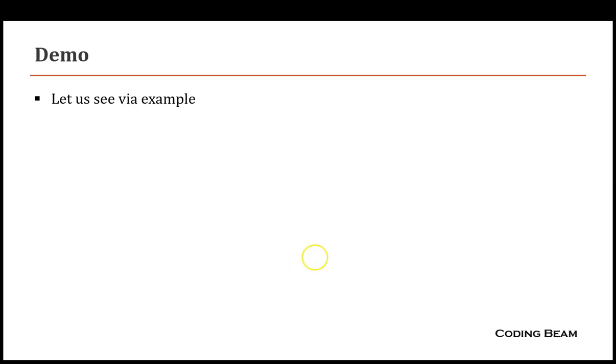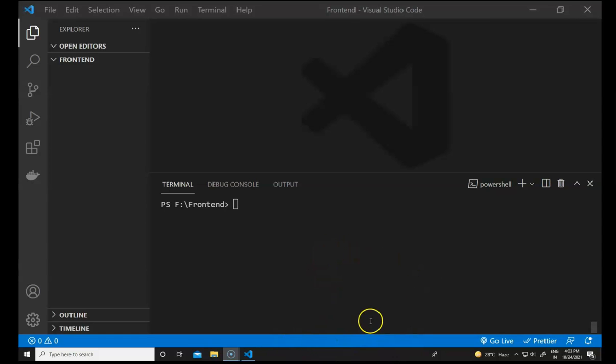Now let's see how we can build the front end of our application, first by installing the React app. We are now in Visual Studio Code, and we will create a new React app with the command line. The command is npx create-react-app, followed by the app name. The name of our application will be frontend-app, and you have to make sure that the name does not contain any capital letters.